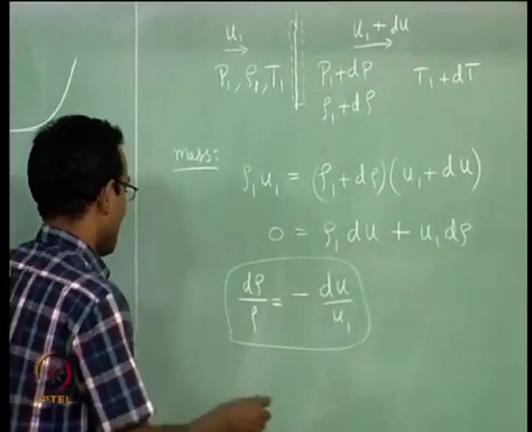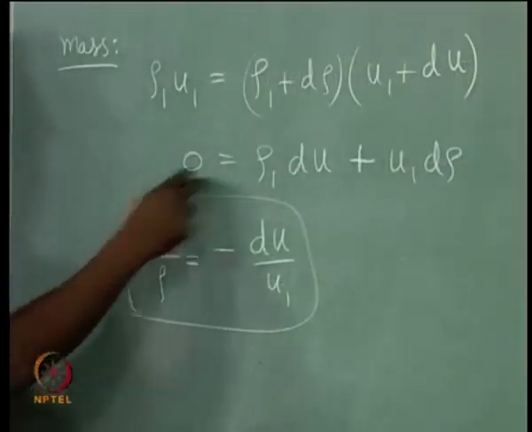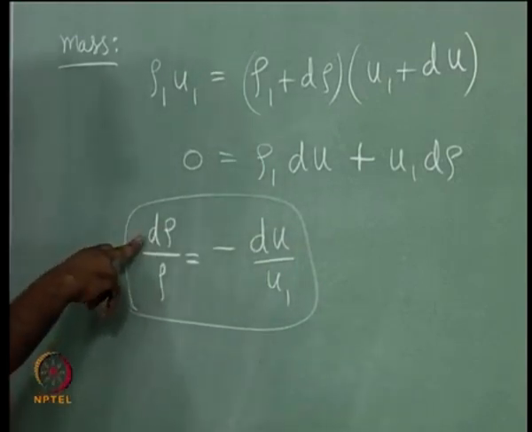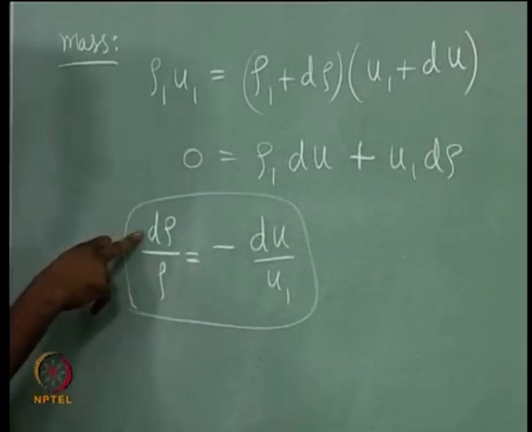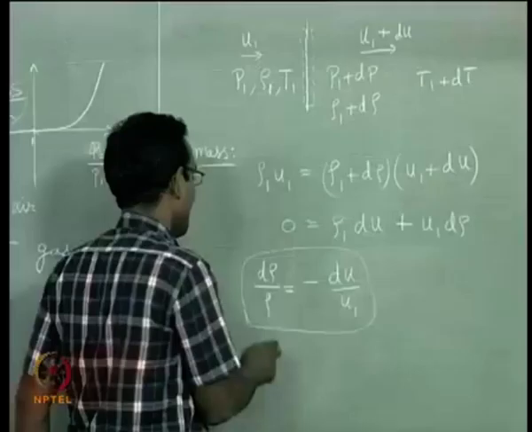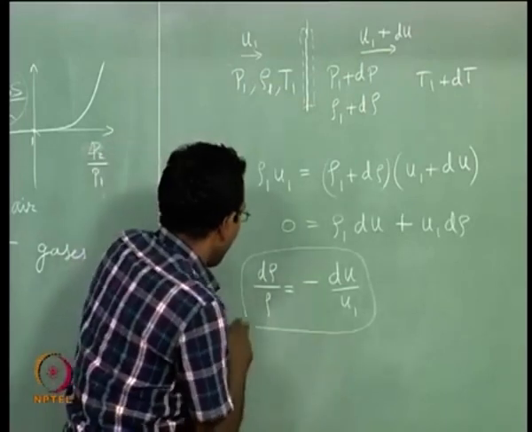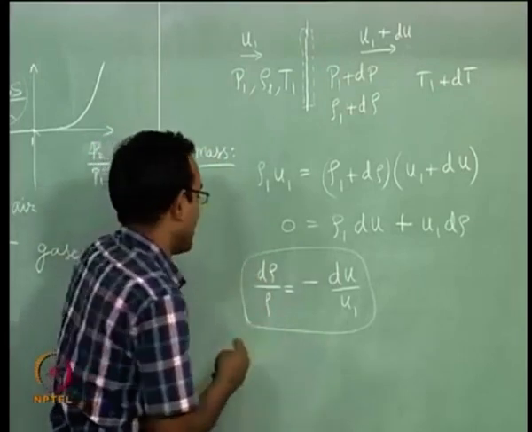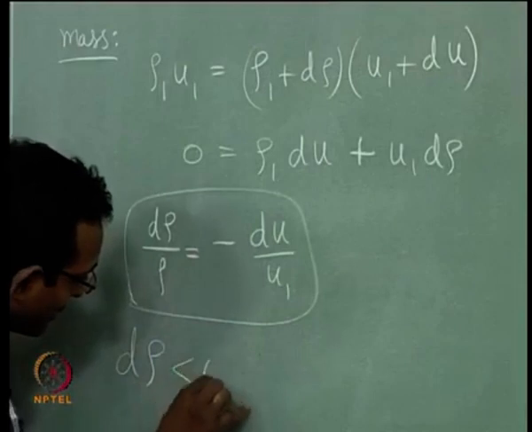Okay. Now, one of the important things I have to note here is a condition: if my density decreases, my velocity will increase. That is, if dρ is less than 0, then du will be more than 0, or vice versa after that. Okay. Which means, if I have an expansion, where density is decreasing, so dρ is less than 0, which is the condition we are looking at, dρ less than 0.